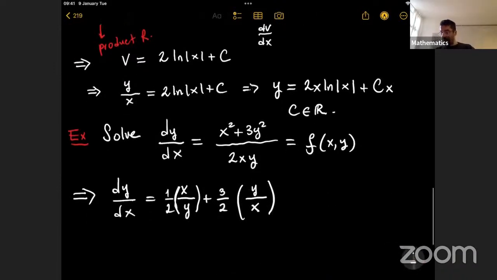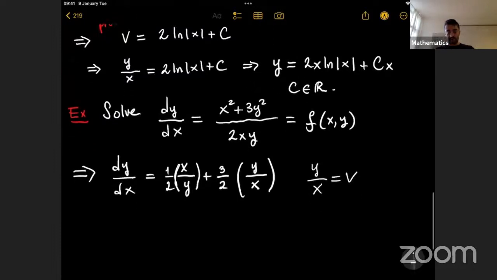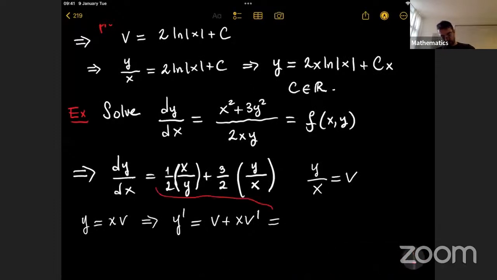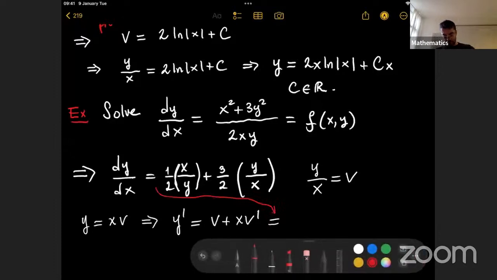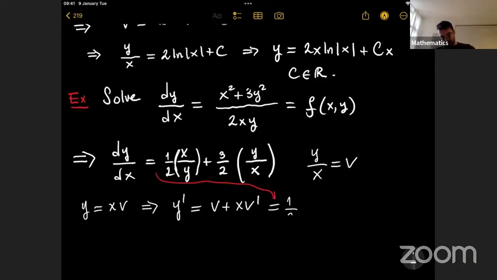Well, let's also call now here y over x is v. Then, as in the previous case, y is equal to x times v, which implies y prime is equal to v plus x times v prime, product rule again, and this is equal to, from the equation here, 1 over 2 v plus 3 half